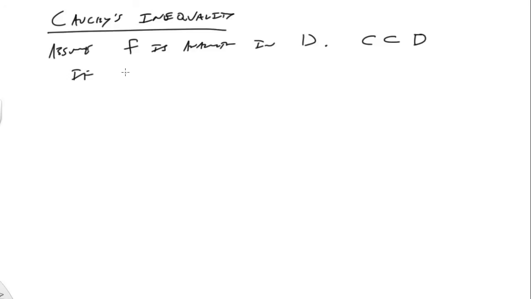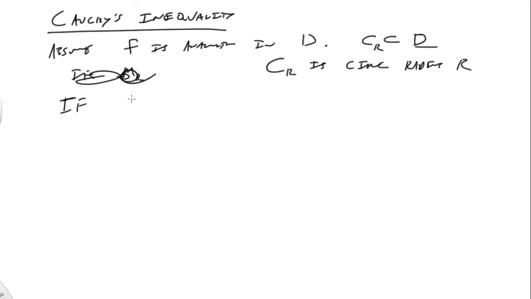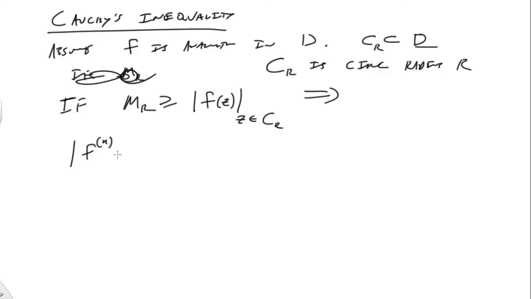If we have CR, a circle of radius R that's inside of our domain of analyticity, then if MR is a bound for f of z, where z is on CR, then if I want to bound the nth order derivative